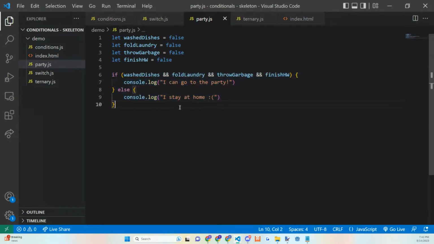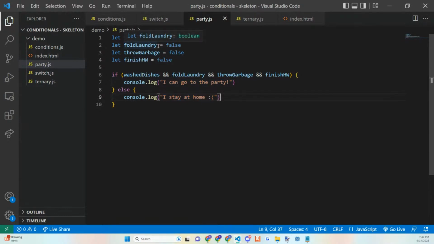So very, very simple so far. We basically just have and operators for all these values, and since all these values are false, we're definitely not going to the party. We did not wash our dishes, we did not fold our laundry, we did not throw the garbage, and we did not finish homework. So we're not going to the party. I'm staying home.